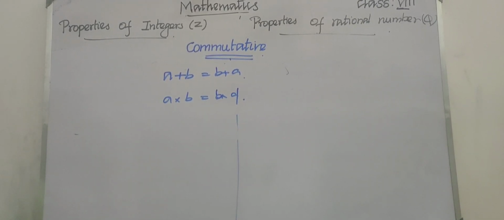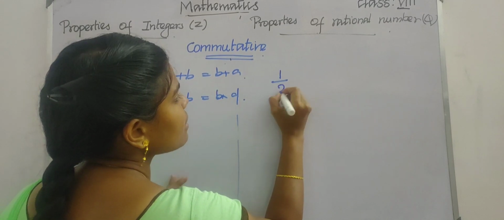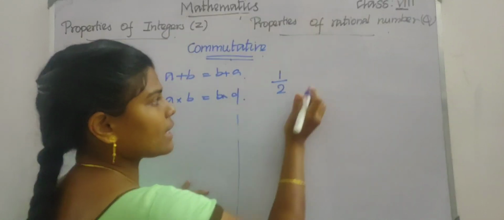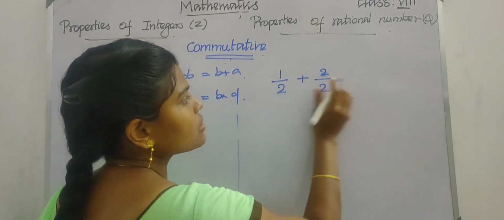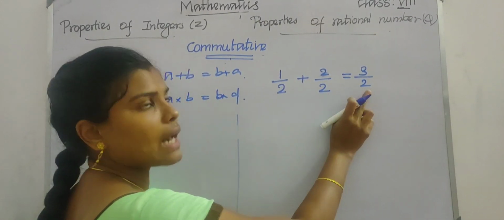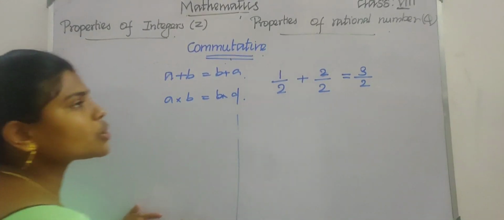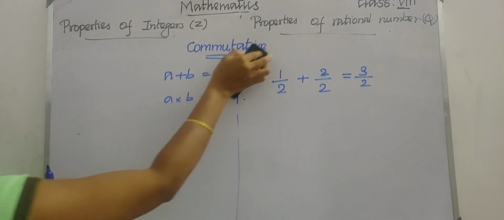So what are all the properties we have learnt in this class? We have learnt about closure property. So first is closure property. So what is called closure property? Simply, if you are finding the answer, it's a rational number, right? 1 upon 2 is a rational number, and again I am adding another rational number. So what will you get? 3 upon 2, right? So it is also a rational number. So that is called closure property. We can say addition of rational numbers is closed, and then subtraction of rational numbers also holds.